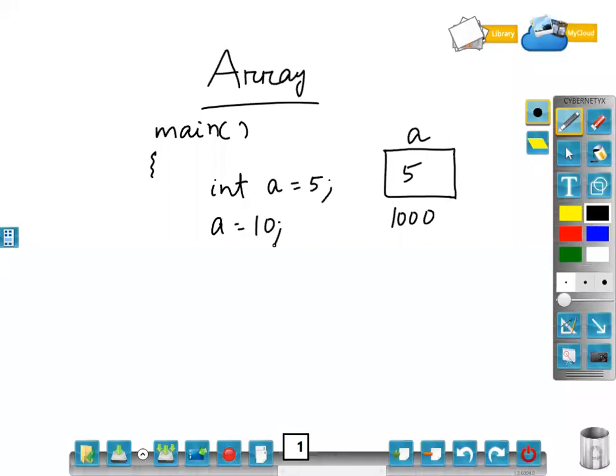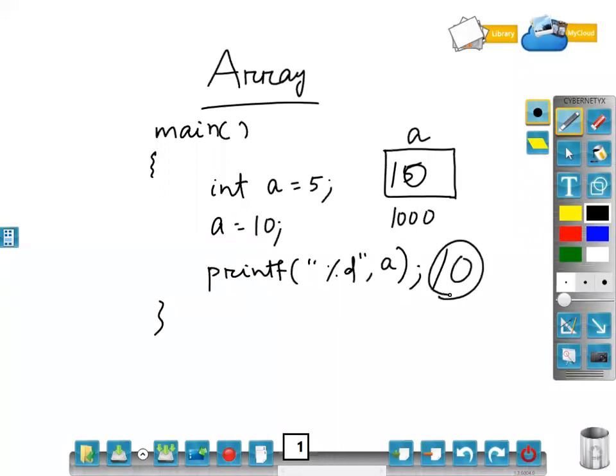But unknowingly what I have done, the old value I have deleted. How? The new value is now overwriting the old value. Okay. So fine, how I will know? Because when I will print the value of A, what I will expect? I will expect both 5 and 10 should be my output, but the output will be 10. Clear? So this is the problem we are facing by keeping multiple values in a single variable.